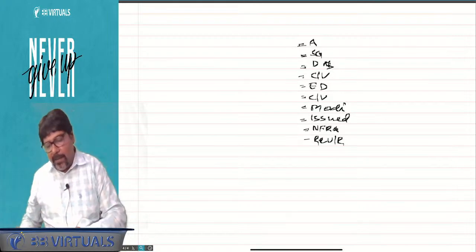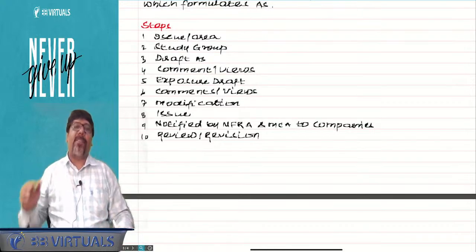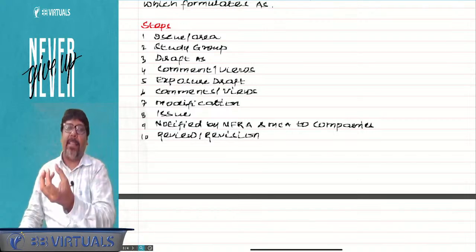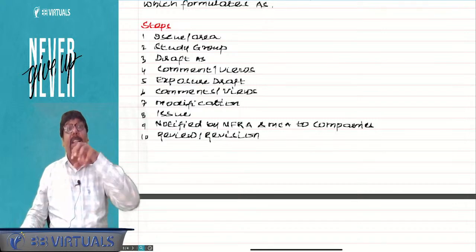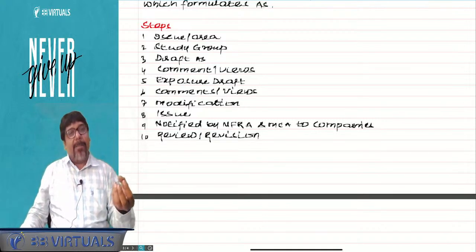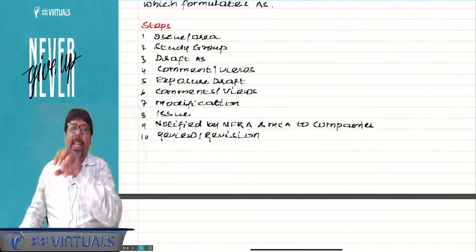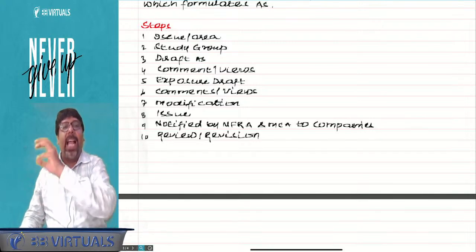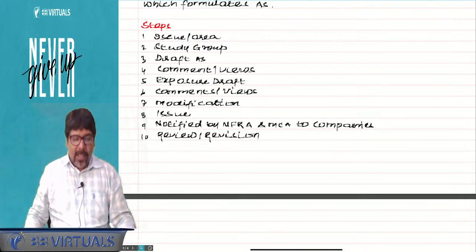So this is very, very simple, not at all a challenge to remember the steps. Are you supposed to remember the steps? No, roughly you should remember that first you find out the area, then you create a study group. That study group will prepare an AS, known as draft AS. Then it will be open for comments and views. After incorporating them, they will create an exposure draft. That exposure draft will again be available for comments and views. Then based on those, they will modify the exposure draft and issue the AS. That AS is now notified by NAFRA and MCA to companies, and in future there will be reviews and revisions of this accounting standard. Am I clear?